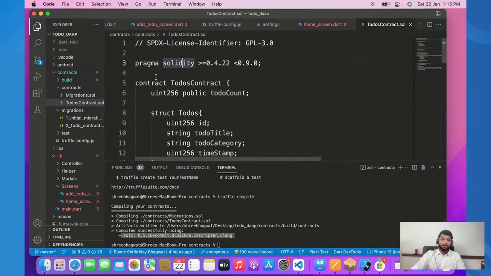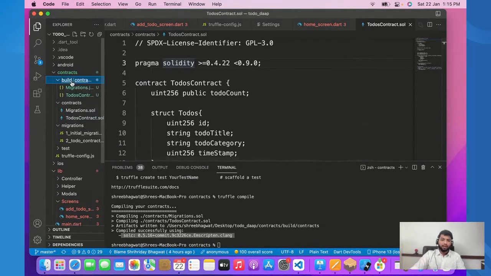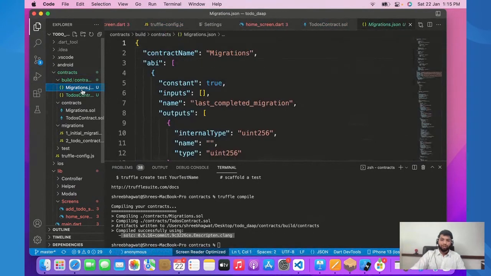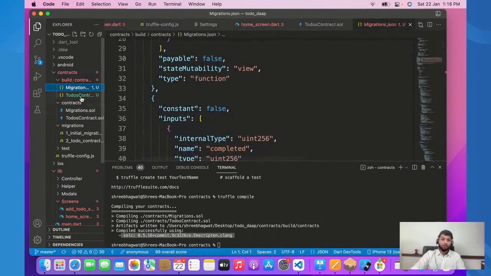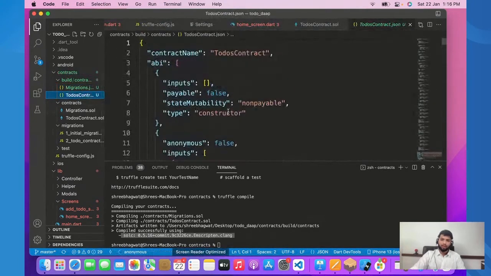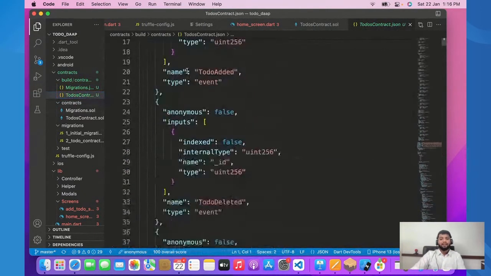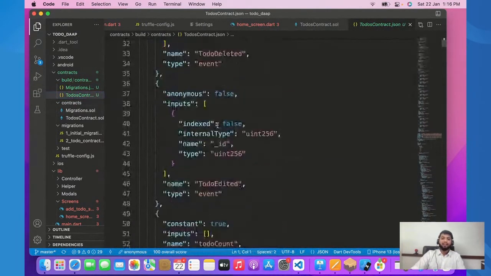Okay, and when we run the command truffle compile, a new folder was created in the contract. You can see build contracts, and there is Migrations.json and there is TodoContract.json. These files have the data and the properties that we are going to need and will be using.